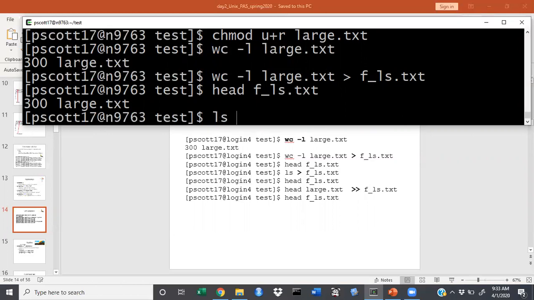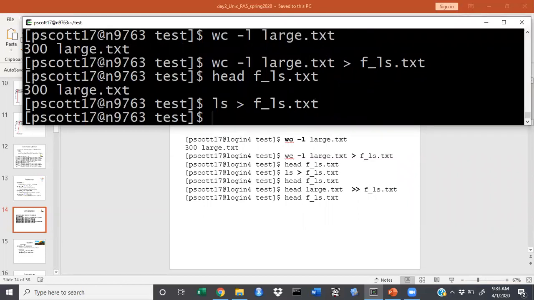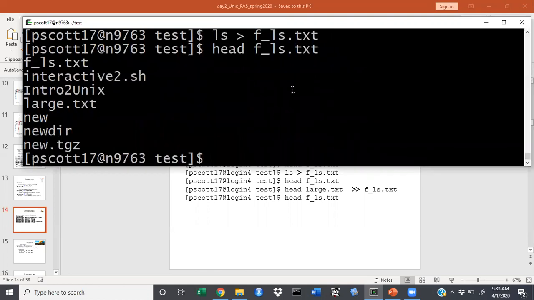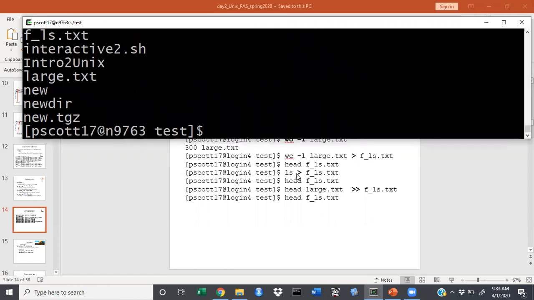I can do ls, and this is list, remember? fls.text, if I hit enter, and then I had what's there, what have we done? We've listed everything that's in the current directory and written it to the file fls.text, but because we used only a single caret, what we've done is we've overwritten what we previously wrote to fls.text. If we want to append that, we could do, or if we wanted to redirect that,